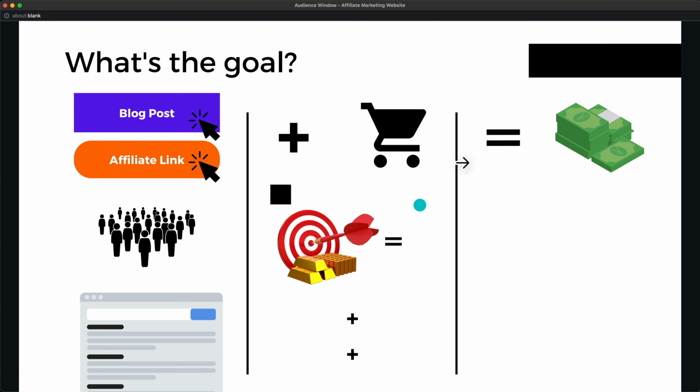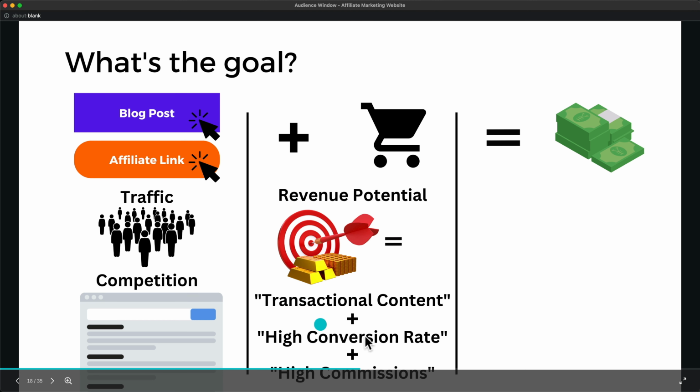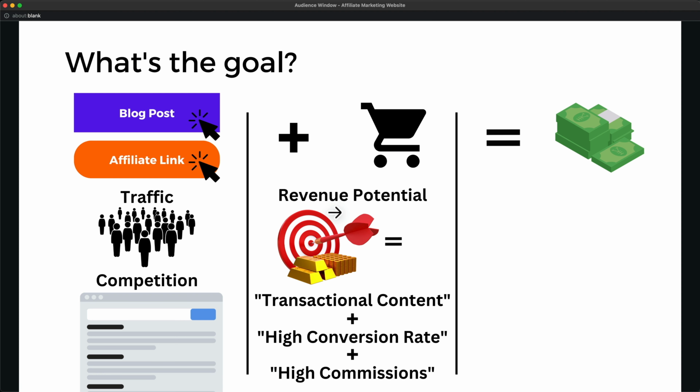So, and then for this part here, we want to increase the revenue potential. I would say this is the part that most people tend to forget, and they just create an affiliate marketing website promoting Amazon products where they make like, I don't know, a 1% commission, so a couple of cents every sale, where they could actually make $100 or more per sale if they would just go in a different niche or maybe promote different kinds of products where they get a higher percentage or a higher one-time payout. So this consists of three main things.